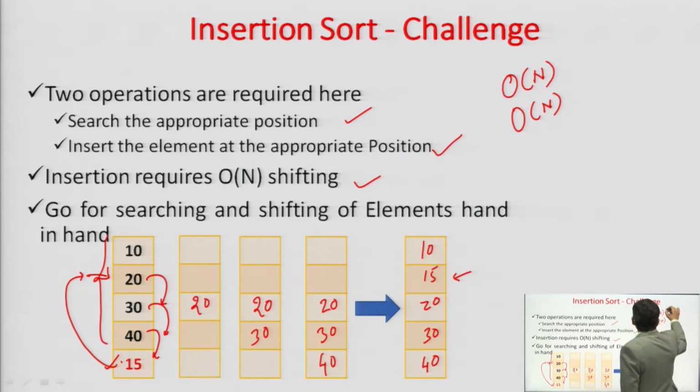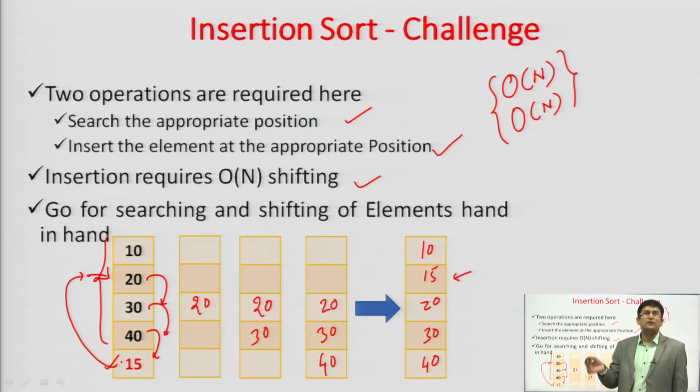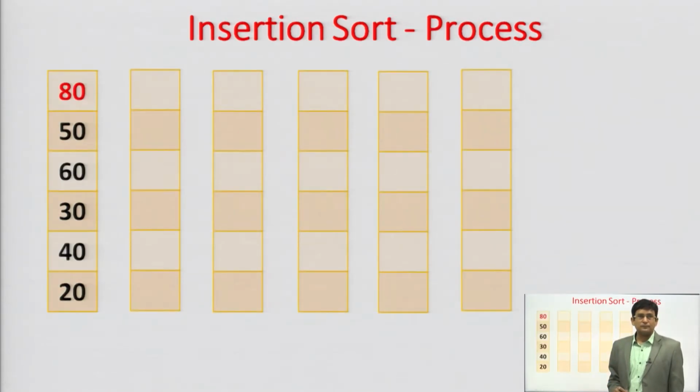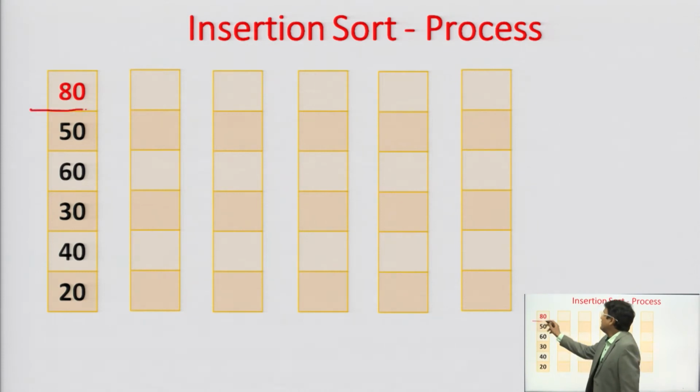We want these two things to be done together, so that we save some time. While finding the position of the element where it should be inserted, you perform the shifting along with it. So, we should perform the searching and the shifting of the elements hand in hand. Now, suppose you have to perform the insertion sort of these elements, wherein initially we have considered that the sorted